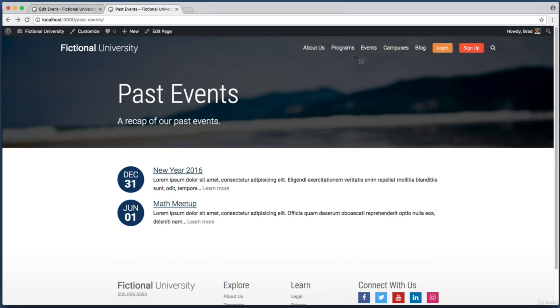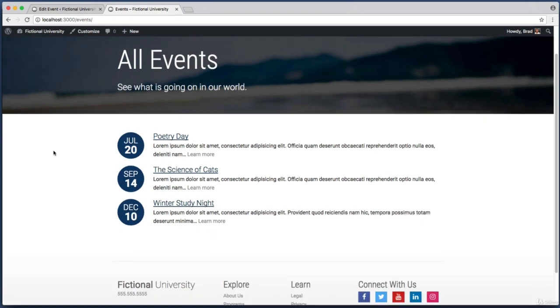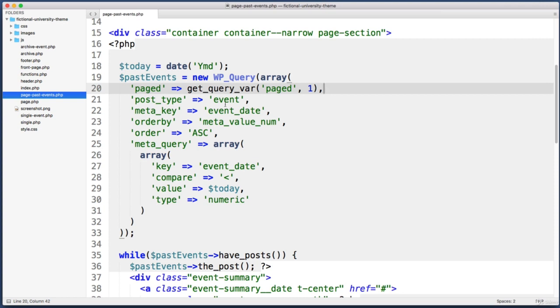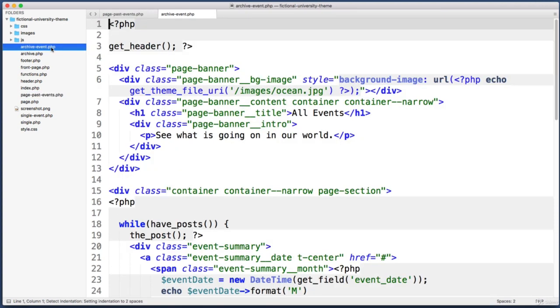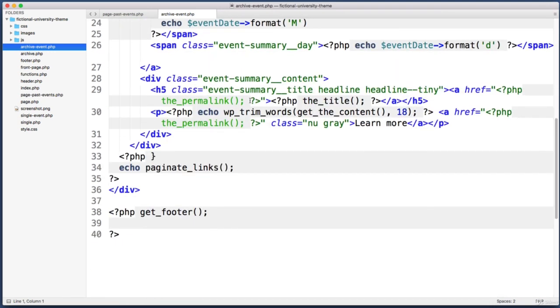So up in the header, let's click on Events to go to the Events archive. And I'm thinking down here at the bottom of this archive, we add a bit of text that reads, looking for a recap of past events, click here. So to add that, let's jump into our text editor and open up the archive event PHP file. We can scroll down to the very bottom